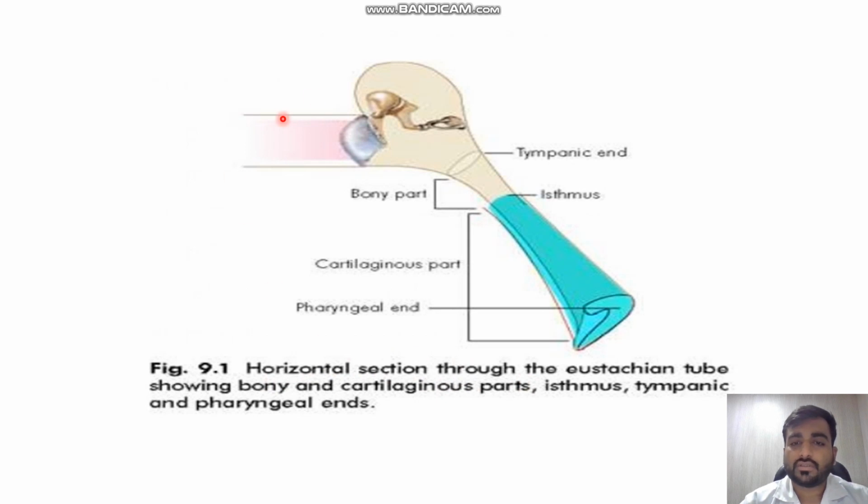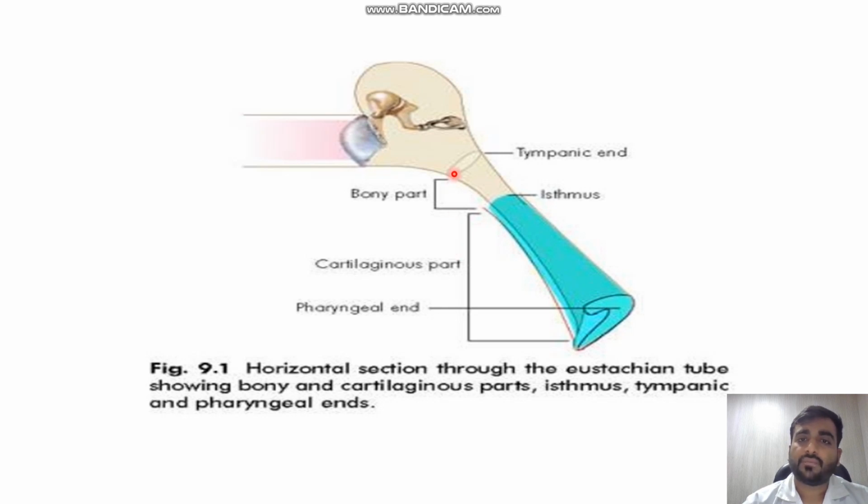This is a horizontal section through the Eustachian tube. Here we can see the tympanic membrane and the 3 ossicles. This is the total length of the Eustachian tube, which is 36 mm. This is the bony portion of the Eustachian tube, situated posterolaterally, and this is the fibrocartilage part, situated